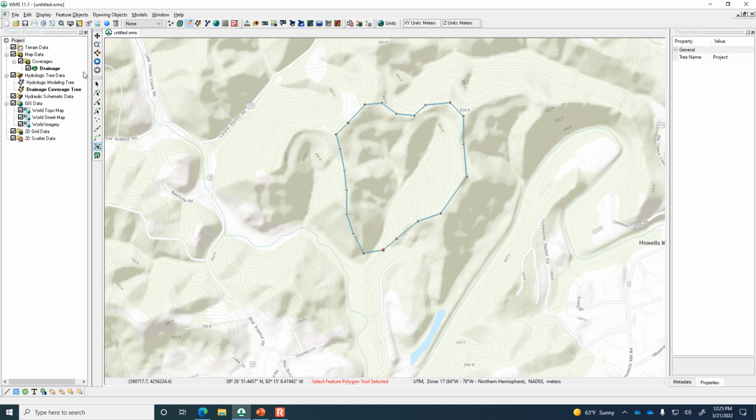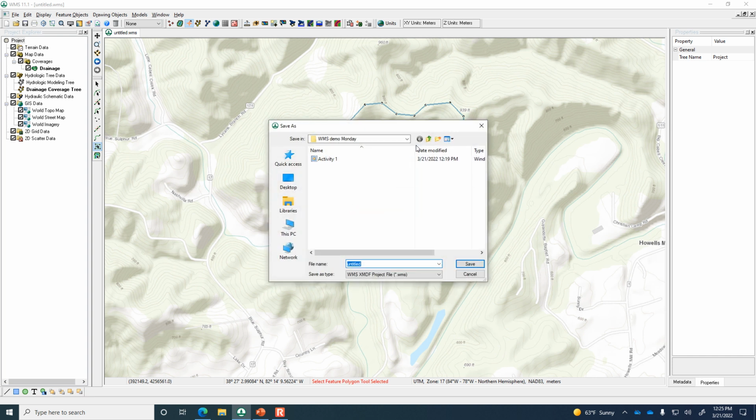Let's do something a little bit more robust. Let's have the computer do some of the heavy lifting. So if you haven't already, save this just to make it a habit. We'll save the project, and every time you do it, I'd suggest using a new folder for each project that